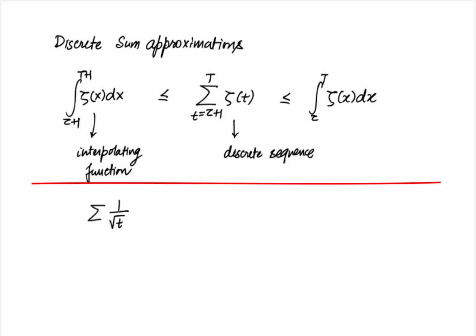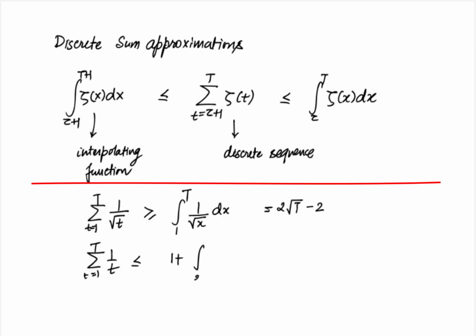Summation from t equal to 1 to capital T 1 by square root t can be lower bounded as integral from 1 to capital T 1 over square root x dx, which is equal to 2 square root T minus 2. Likewise, summation from 1 to capital T 1 over t is less than or equal to 1 plus integral from 2 to capital T 1 over x dx, which is given by log of T minus log 2